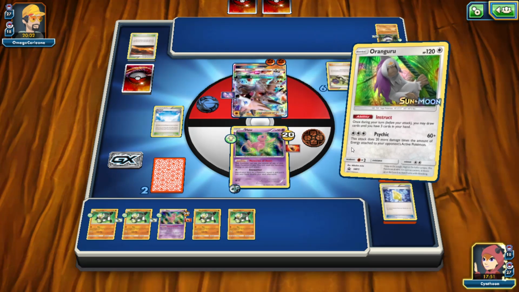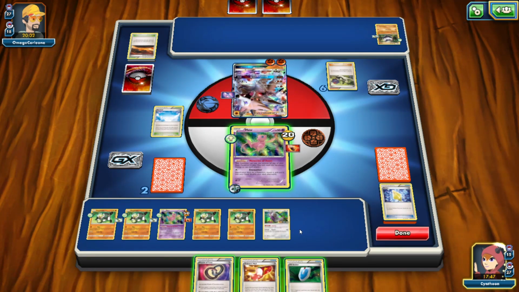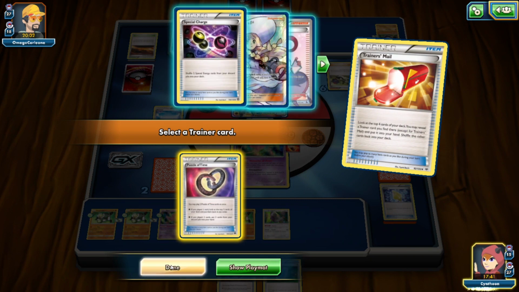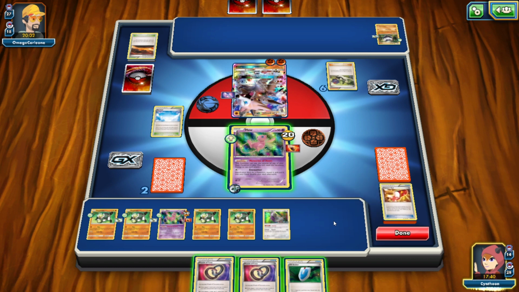I wish I had the Passimian promo, but it's kind of hard to get on trade. I have the Oranguru promo because that came with the code that I got from the pre-release I attended. I got a 2 Puzzle of Time. That's great. Not even sure if I need it, but